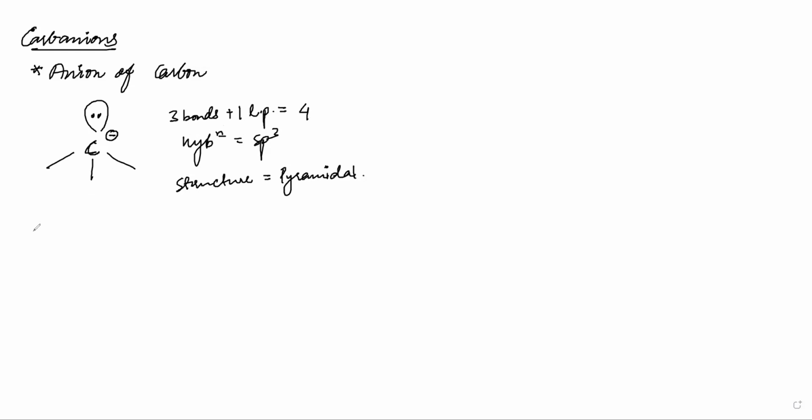The structure is pyramidal. Okay. And if this has a negative charge, Fatima, can you tell me how many electrons are present? It has three bonds, so two electrons from each bond, and one lone pair. So the number of electrons is equal to 8, correct? So it is not electron deficient; rather it is electron rich, and hence this acts as a nucleophile also.